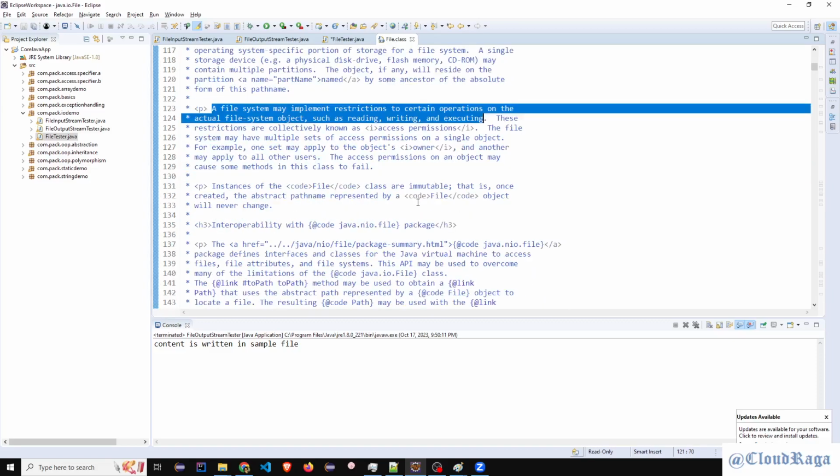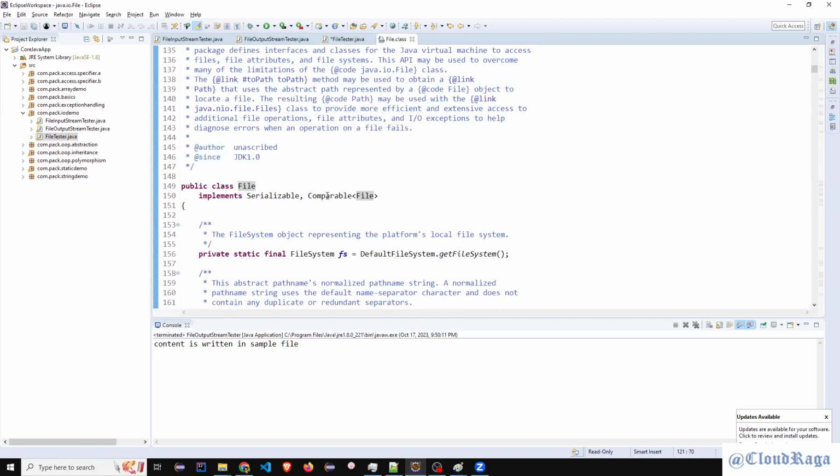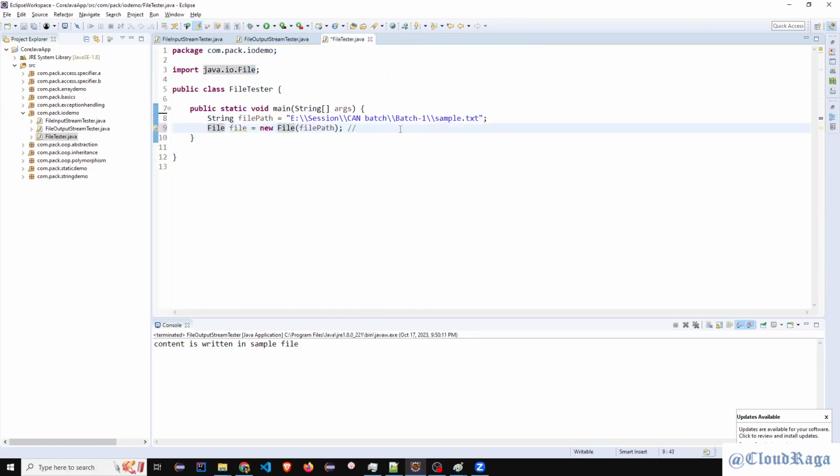Well, not much to understand there, so leave it. You can use File for performing some basic operations on files and directories.